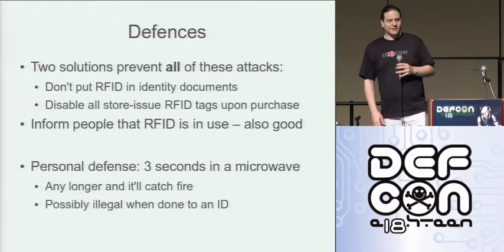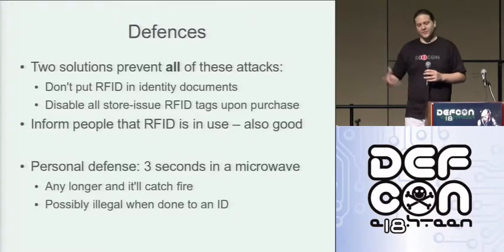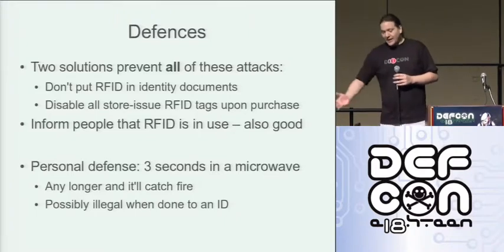There's a lot of FUD surrounding RFID. A lot of people use RFID and don't really want to call it RFID because RFID has such a stigma. Either way, if you're